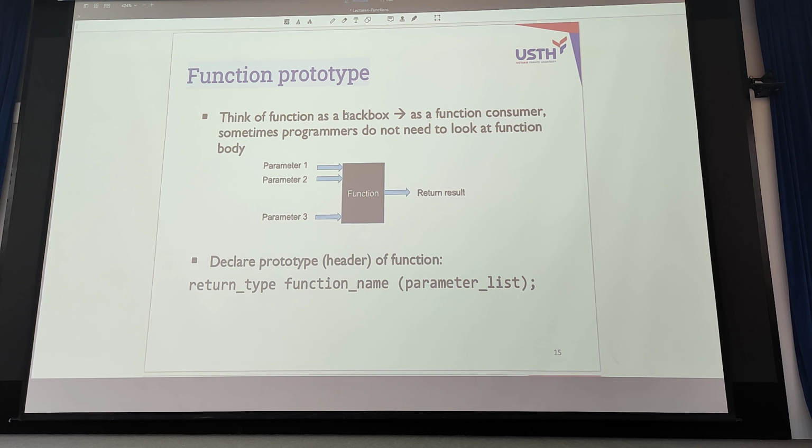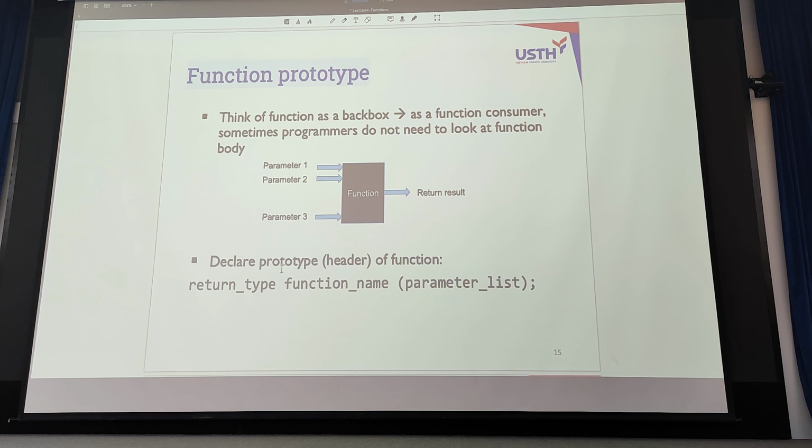Sometimes you use it and there is no need to look inside the function. It's the same as when you use sqrt to compute the square root of a number. You don't have to look inside the function sqrt, or see what the statements inside are, but you can still use sqrt to compute the square root of a number. It's the same here. This is called a prototype.